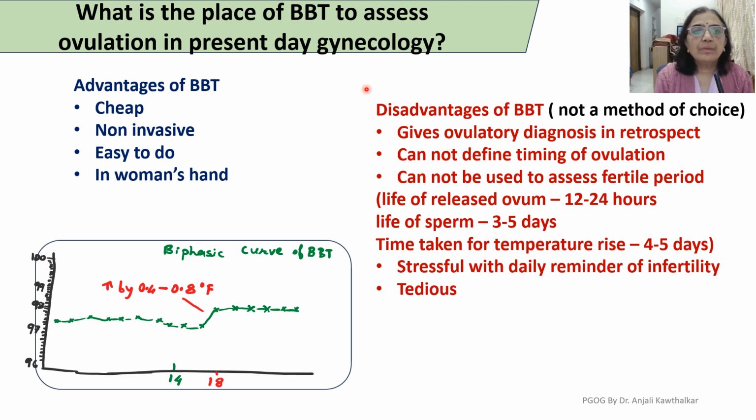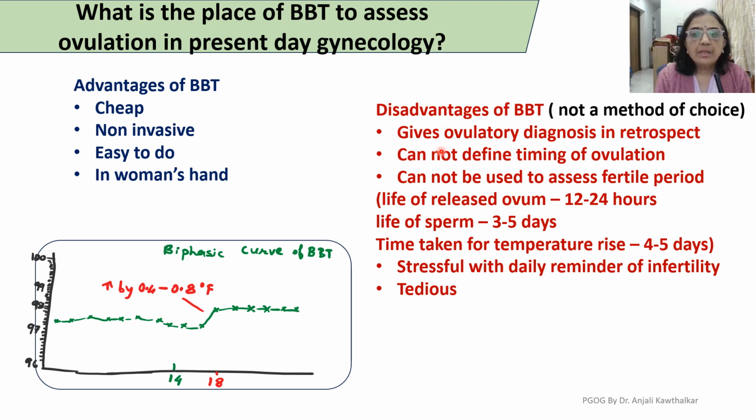Now, what is the place of basal body temperature to assess ovulation in present day gynecology? If you are asked this question, the advantages of basal body temperature are that it is cheap, non-invasive, easy to do. It can be done at home. There is no need of repeated hospital visits, and it is in the woman's hand. Disadvantages, because of which BBT is not a method of choice, or has been replaced by better investigations in current present day gynecology: